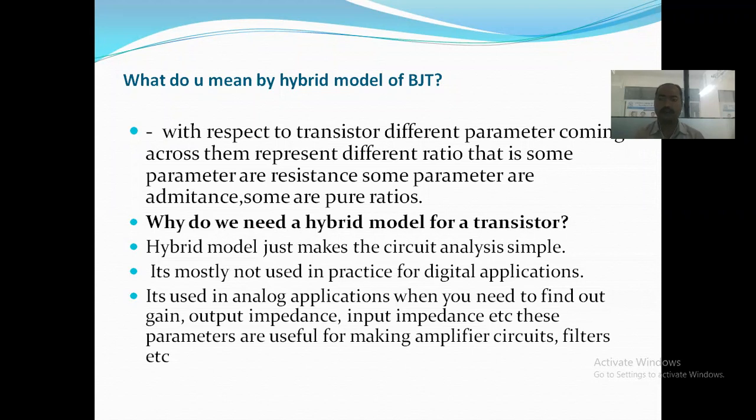And another thing, how the performance of that particular analysis is done. If this analysis is done using the Z parameter or the Y parameter, accordingly we get a response, but because of the Z or Y parameter we have used, the output coming is different. That's why we don't use the Z parameter or Y parameter. We have to use the H parameter. When we use the H parameter for the analysis of the transistor, the analysis is simple. That's why we use the H parameter for the analysis of the transistor.